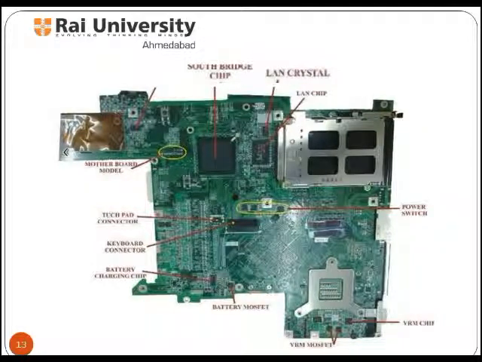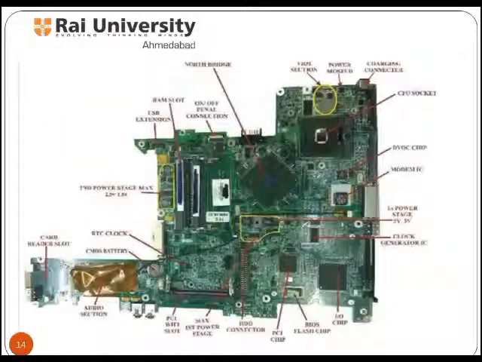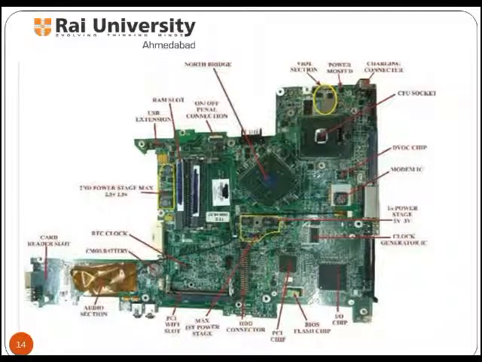Serial ATA, or more commonly seen, SATA, is a newer way of connecting your hard drive to your PC. SATA drives have the capability of being faster than their IDE counterparts and have smaller, thinner cables which help with the airflow of the system. In this picture, you can identify other components such as the USB extension slot, on-off panel connection, RAM slot, charging slot, power MOSFET, CPU socket, etc.